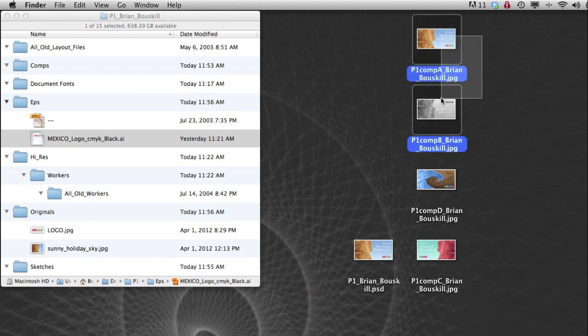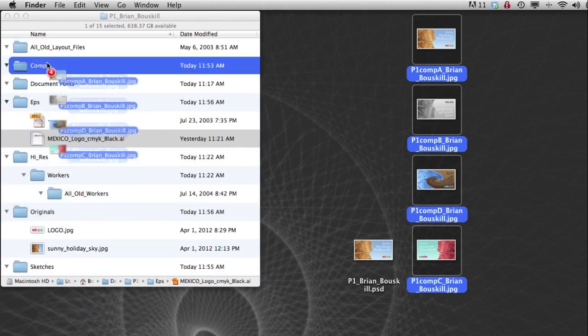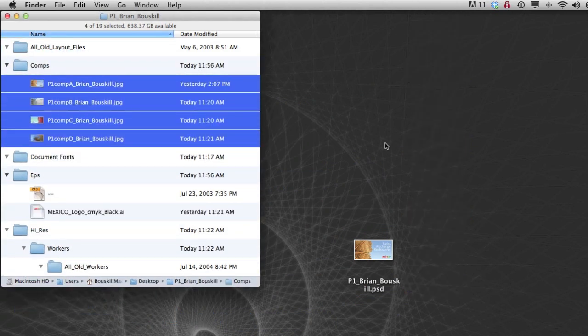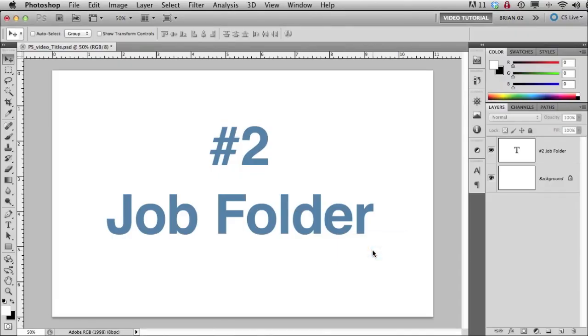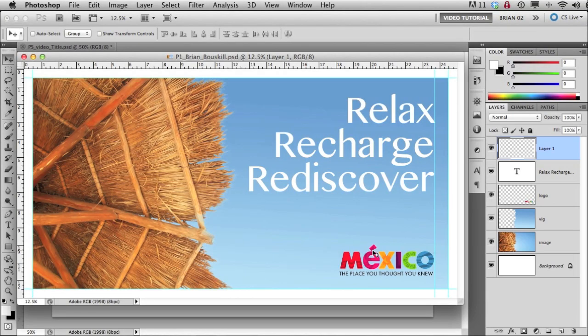These are my 4 comps, just the JPEGs and not the Photoshop files. I do not want your Photoshop files, just the flattened JPEGs. And those are going to go in the comps folder right there. And then the only thing I have left is my Photoshop layered file that I'm going to use for my final. So this is the one that has been approved,